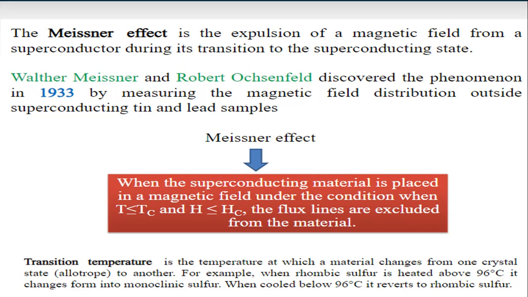So what exactly does the Meissner effect say? A conducting material is placed in a magnetic field under the condition that the temperature is less than or equal to the critical temperature. The magnetic lines of force are expelled from the material, which shows that it is a perfectly diamagnetic material. This phenomenon, exhibiting the character of a diamagnetic material, is said to be the Meissner effect.